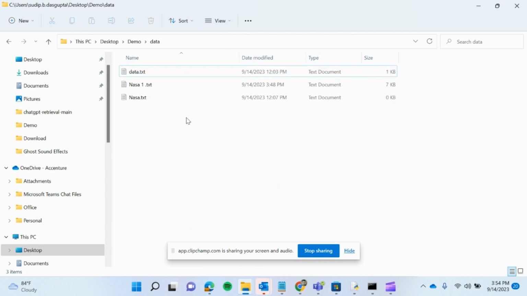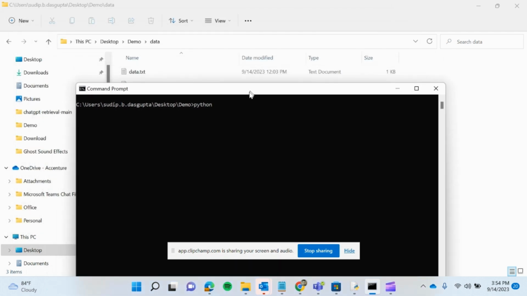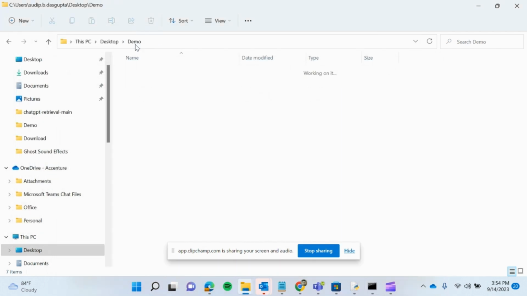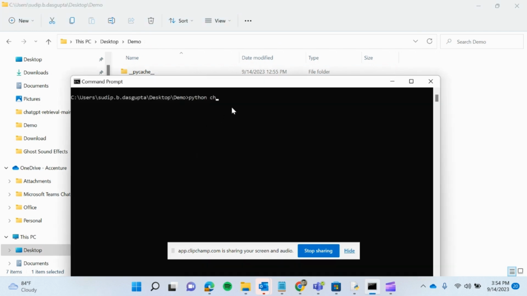Now let's try and run this. Run the main Python file that I have created. So how do I run that? I'll run it using python, and the name of the file is chatgpt1.py, and then I need to pass an argument in terms of what I need to find from